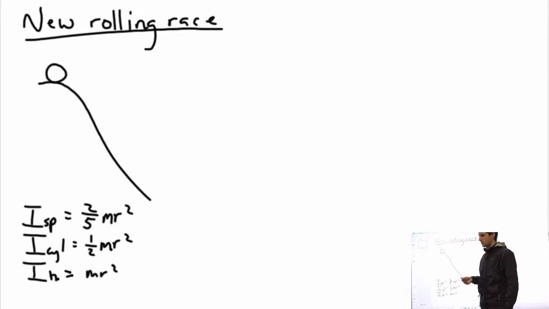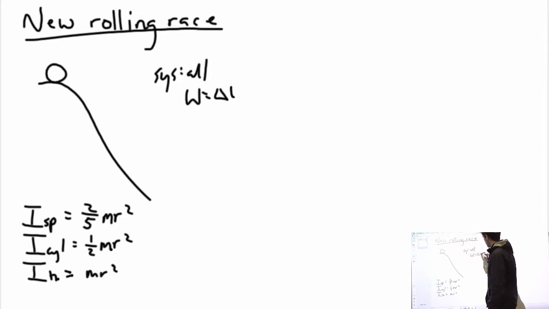So I'm going to apply the work energy theorem. I see some distances falling, I see some stuff rolling, I see some stuff speeding up, and I see a lot of stuff that I know the work energy theorem can handle. So let's do it. Let's say our system is everything. And when I say everything, I mean the given object, not the sphere and the cylinder, there's only ever one at a time, but the object plus the earth plus everything else. And I know that work equals change in energy, and the changes in energy in this system should be something like delta K translational, delta K rotational,